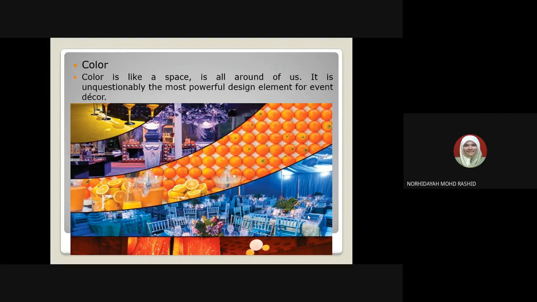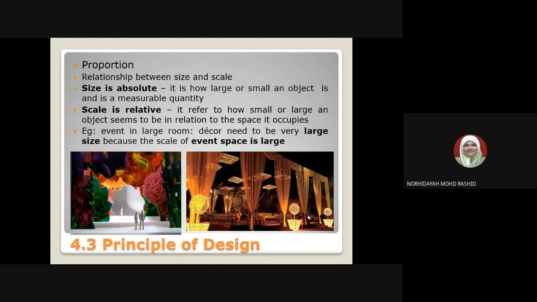Contohnya macam tadi kita punya tema adalah Frozen. Of course, the colours that you choose such as the blue colours, okay, the blue, the light blue, that is actually very sync sangat dengan Frozen, and we have warna putih yang menampakkan dia ada satu colour yang very pure, akan rasa sangat tulus, sangat mulus kan. So this is actually one way or one criteria yang menonjolkan lagi kita punya event.